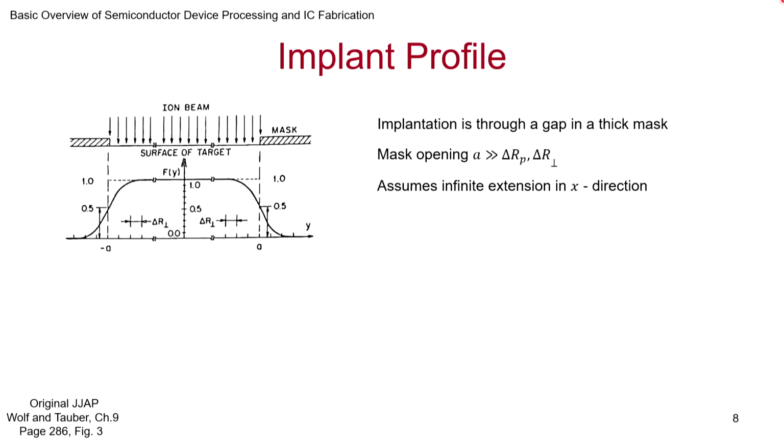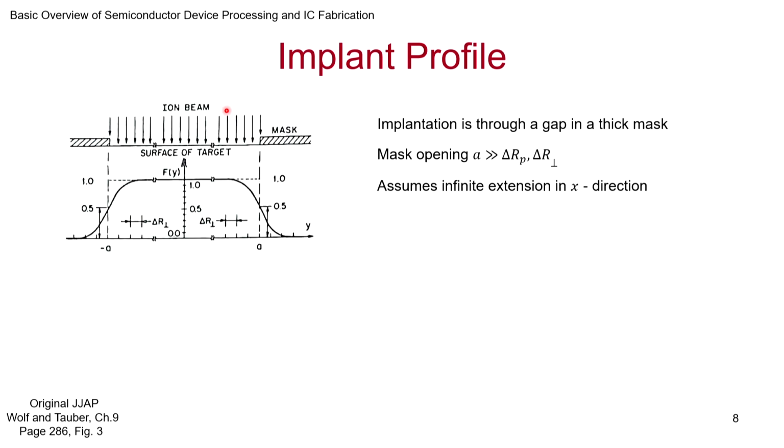So why are we looking at this? Because often we end up implanting in some region. With respect to the surface, we want to know how it is distributed. Also, many times it is confined. Some implants of course will be for a full wafer, you could do that, but very often it is a masked region. The mask opening is where the implant is taking place. So here, for example, supposing there is a mask which is able to block the implantation, and there is an opening in the mask, through which it is getting implanted. And this is the profile you are likely to get if you take a line parallel to the surface.